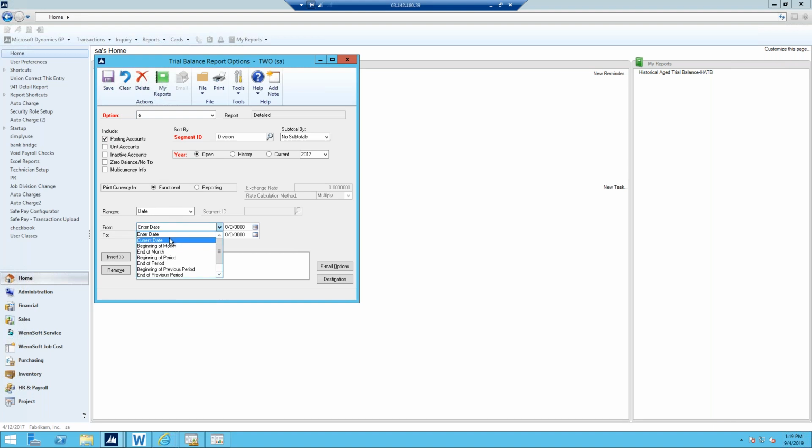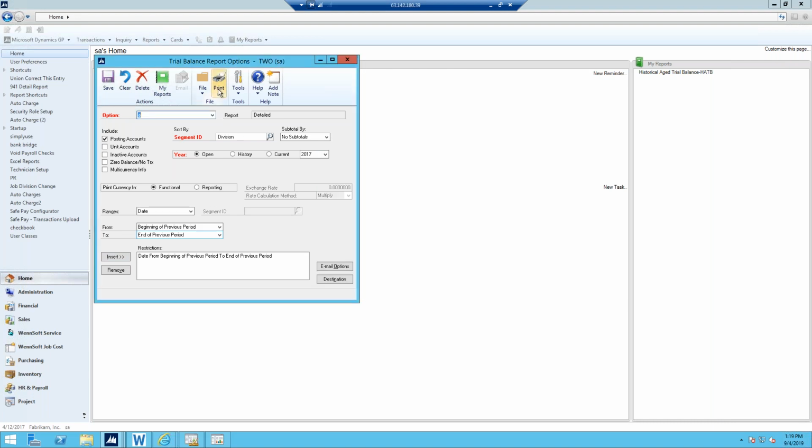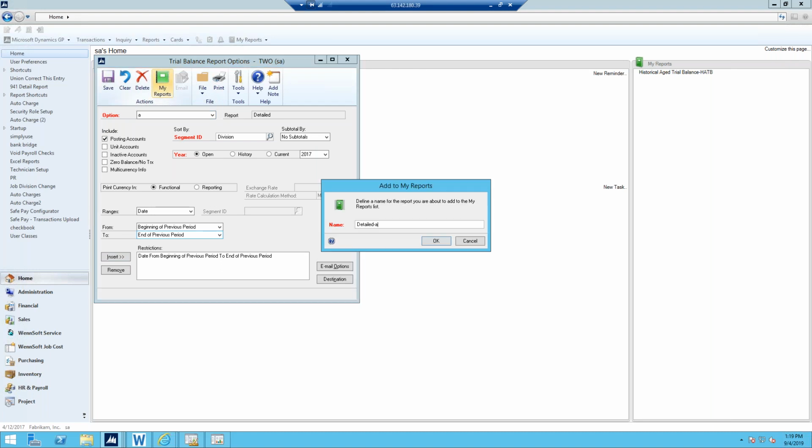So on these, since I'm going to put them into my report, I'm going to put them into beginning of previous period and end of previous period, so it knows which one I'm going to do. And I'm just going to insert that range. So here, and then I'm going to go ahead and say destination, screen. And now I could hit my print and print it one time, or I can go ahead and put it into my report. And I'm going to say previous month,